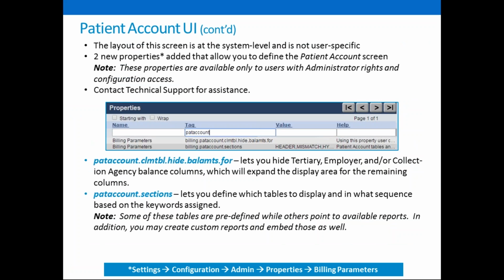Now, with regards to the layout, it is also customizable. Now, there's two properties involved here with customizing it. The account sections, there's new tables defined, which I'm going to get to on the next slide. You also, in that first property mentioned underneath my screen capture, you can now hide columns if they're not applicable